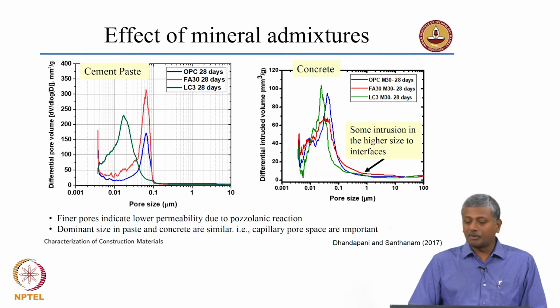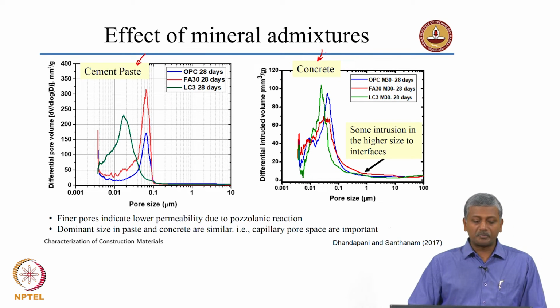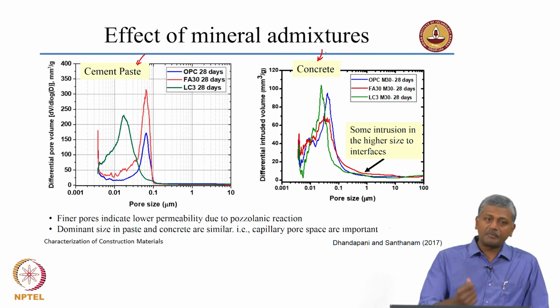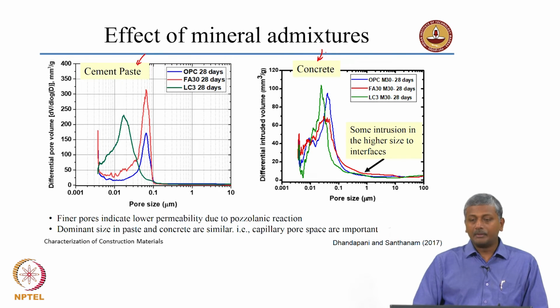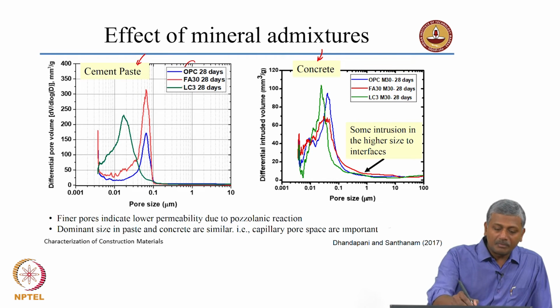So, here there is an example of both paste and concrete. Both paste and concrete are being shown here. Of course, in paste you only have the hydrated cement paste, the unhydrated particles and possibly some porosity. In concrete, you also have to account for the presence of aggregate, probably interfaces between aggregate and paste that may contribute to higher porosities and so on. But again, the total porosity is not what is being shown here, the size of the pores is being shown in this case. So, here for instance, you have 3 different binder systems,